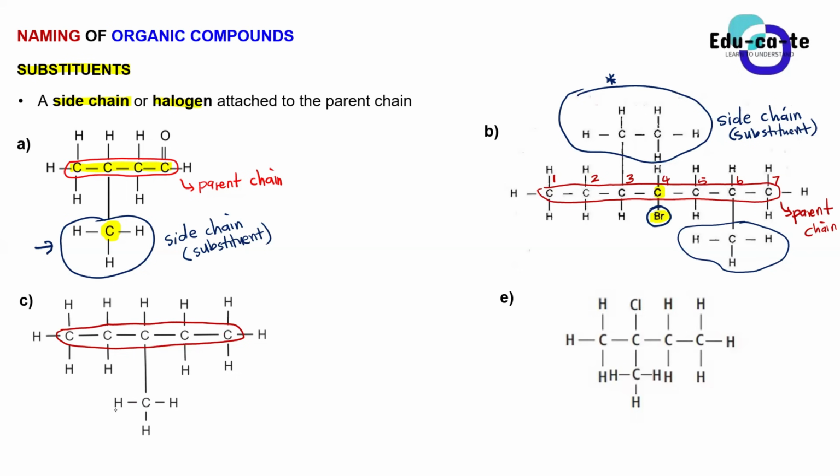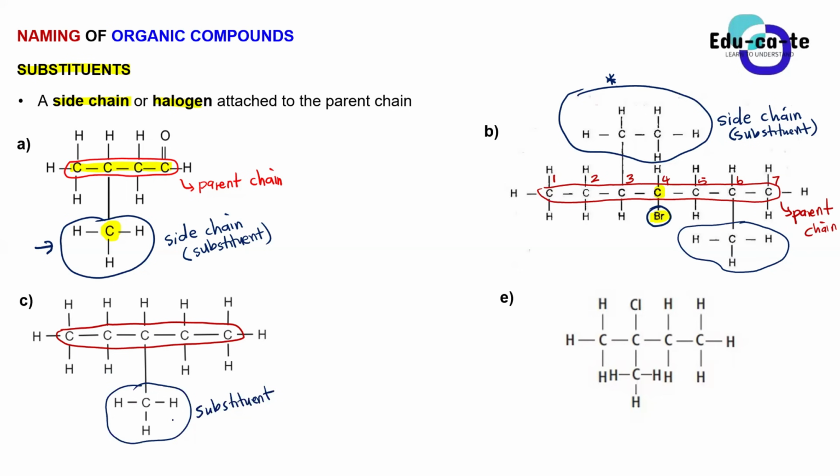There's a methyl on carbon number 3. Before we give it a name, let's just say we have a substituent. Or sorry, a side chain. Remember, guys, here we are building a concept. You might already know what this is, but some other people haven't started with organic chemistry, so we just want to build the concept first. So let's just call it a substituent for now. In this case, this substituent is a side chain, right?